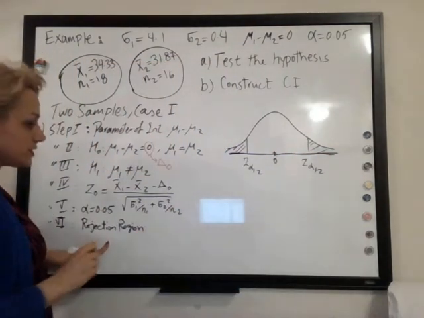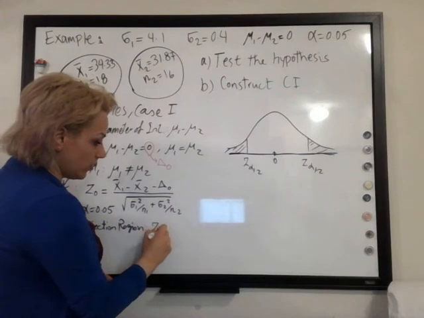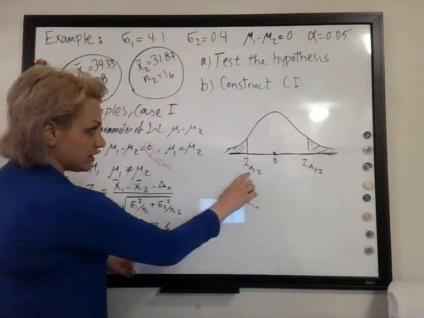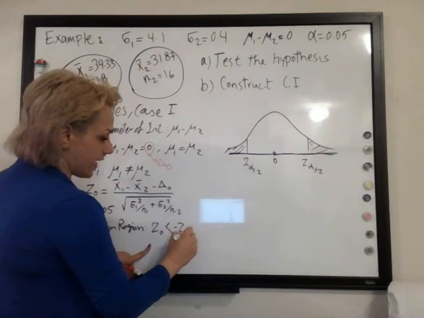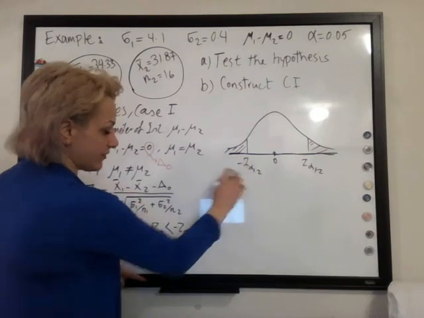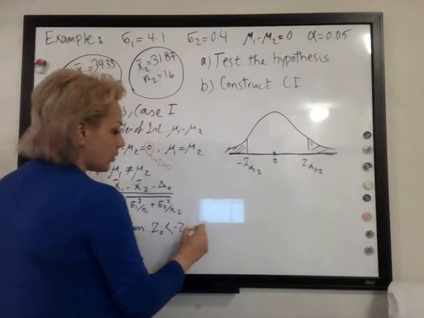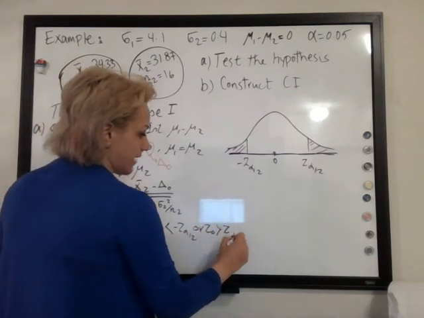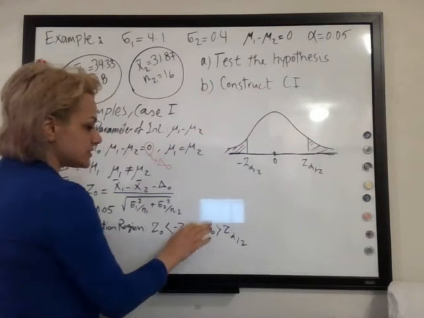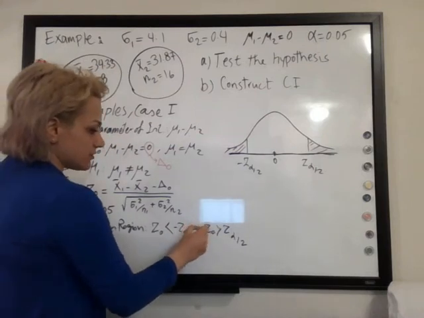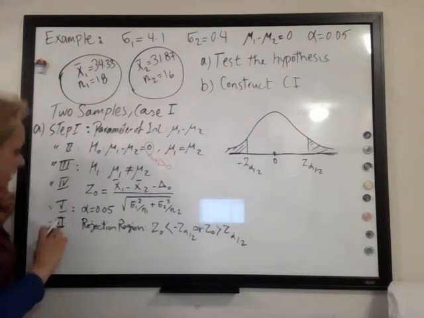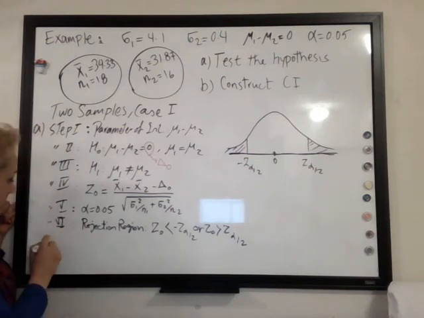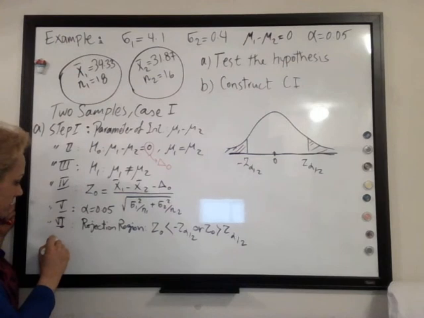So the rejection region: I would say that if my z null is less than minus z half of alpha, or my z null is greater than z half of alpha, in that case we would say that we are in the rejection region. Okay, so here is step number 5, 6. So number 7